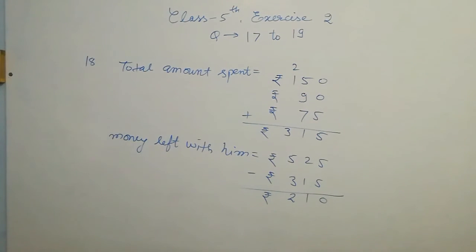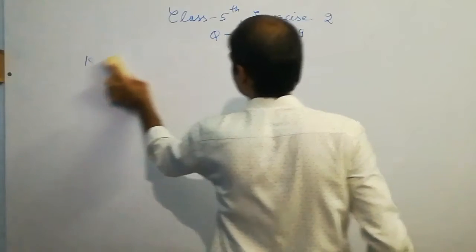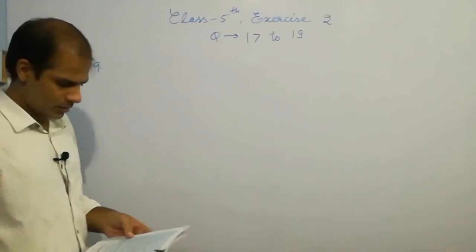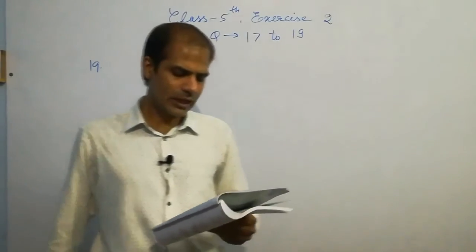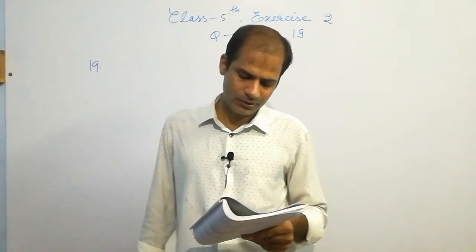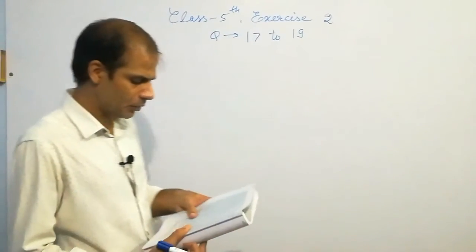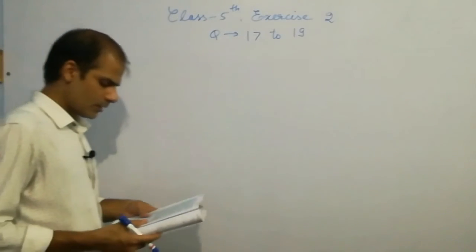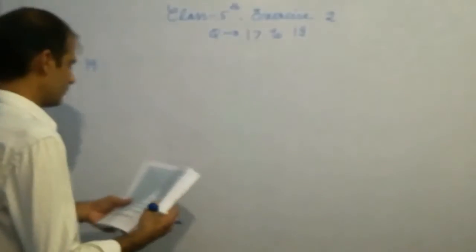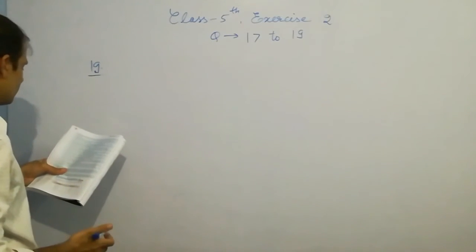Students, pause the video and note. It is the time to solve question number 19. 19th question is, a factory produced 6849 helicopters, okay, very big amount, in 2014 and 6574 helicopters in 2015. How many total helicopters did the factory produce in the 2 years? Means how many total helicopters did the factory produce? So you have to perform the addition. Now these steps are required, so focus at the board.